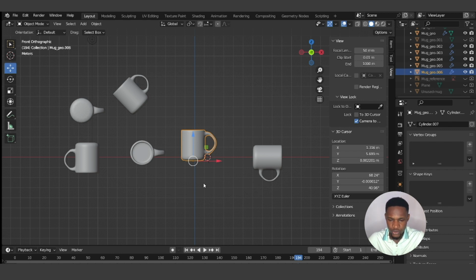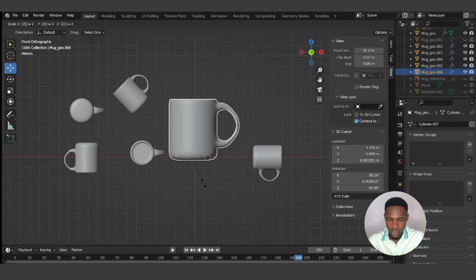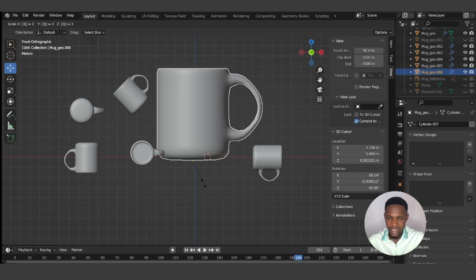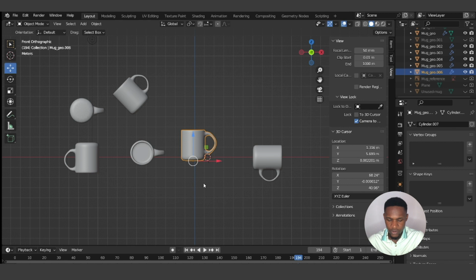Before I show you how to do that, let me just explain something about the scale option. If you click on scale and click on 2, what you've just done is that you scaled it by a factor of 2. Okay, if I click on scale and I click 3, I've scaled it by a factor of 3. Now if you click on scale and click 1, nothing happens because it's already 1. So scaling by a factor of 1 doesn't change anything. But what you could do is scale it by a factor of 1 in the negative direction. So you click on scale, then click on -1,